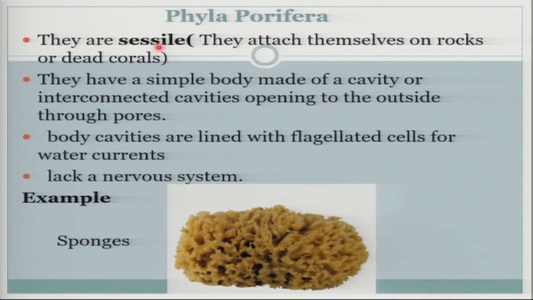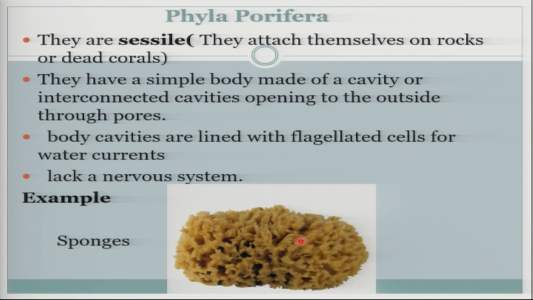If the tree, let's say the tree is cut down and it is left there, for many years, you find they have grown on those trees, all right? So they don't locomote. For them, they don't move from place to place. When we talk of locomotion, that is to move from place to place. So they attach on the rock. When you go out and look at the rock, you find they have gathered on the rock. What are their features? They have a simple body made of interconnected cavities.